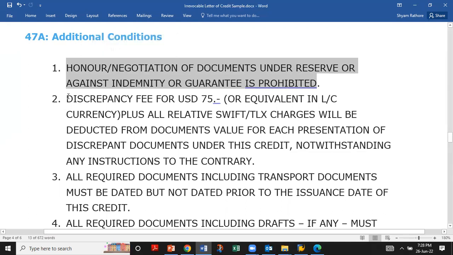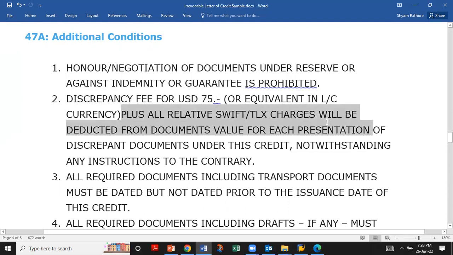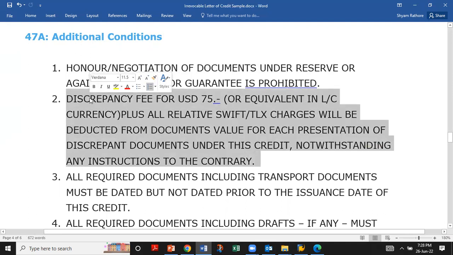The next additional condition is discrepancy fee of $75 or equivalent in LC currency, plus all relevant SWIFT and telex charges, which will be deducted from the value of each presentation of discrepant documents under this credit, notwithstanding any standing instructions. If any discrepancy is found in the documents, for example we have not submitted a document required as per the LC, or have not attached the certificate of origin, or any kind of discrepancy is found by the bank,